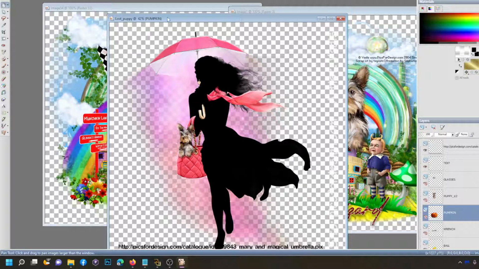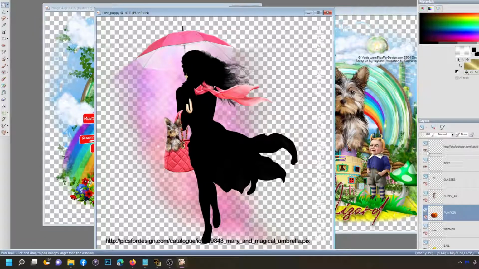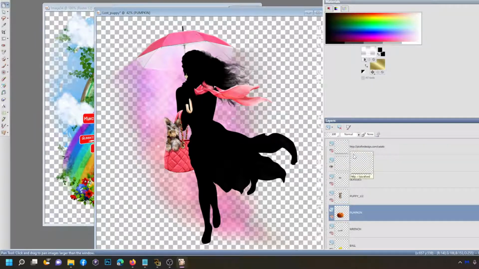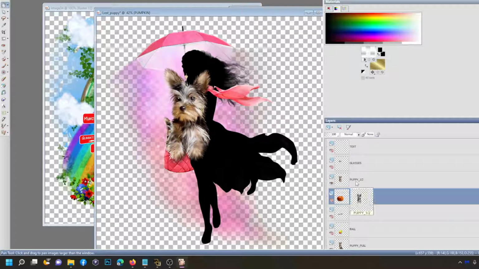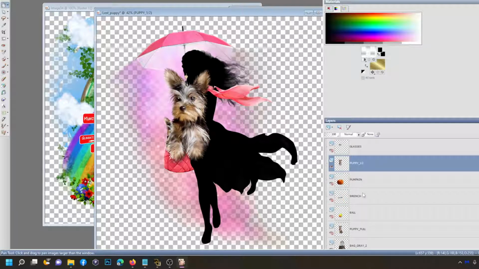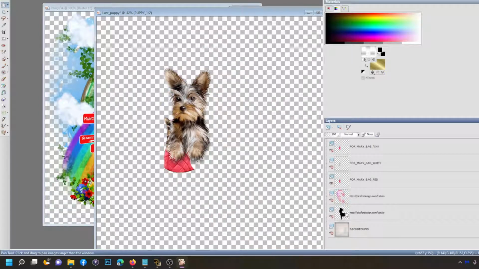Okay, so on your lost puppy tube, we're going to just close a bunch of stuff here. Just close the paper design thing, the text. Don't need the glasses. Puppy, yeah, let's open puppy. Keep the pumpkin, close the wrench, and so on. And we don't need that lady. We don't need the pink. We don't need the purse. And there's something behind him there. Okay, close that. You'll notice that he comes with